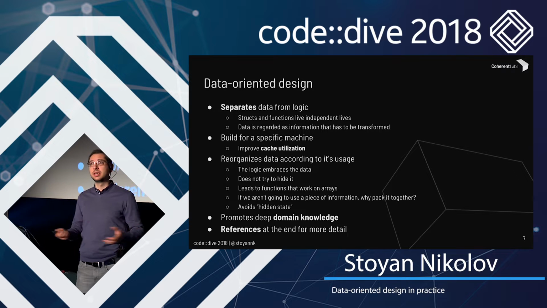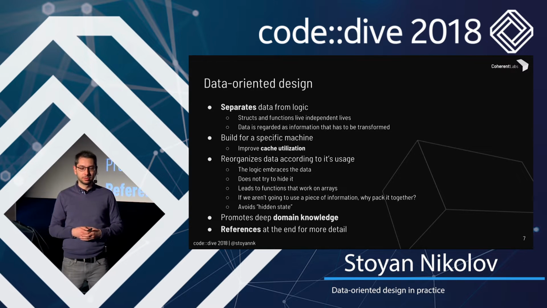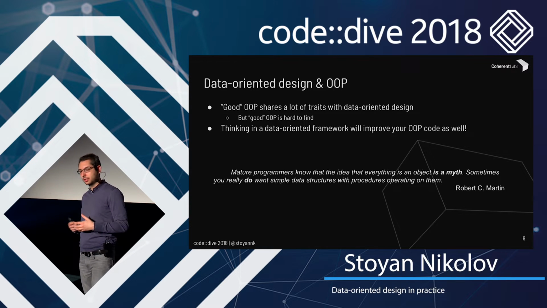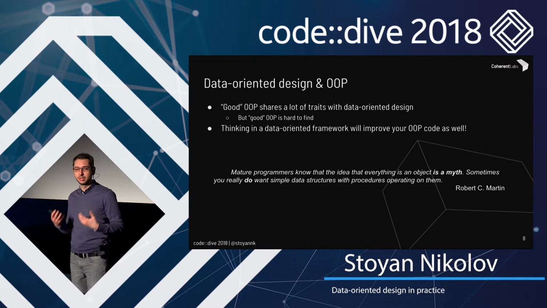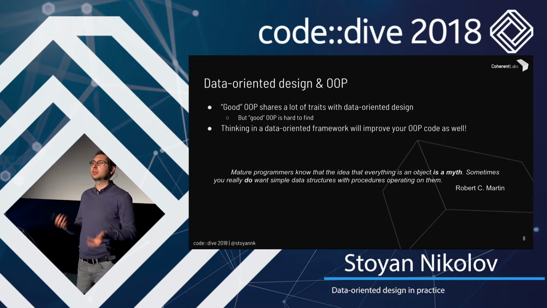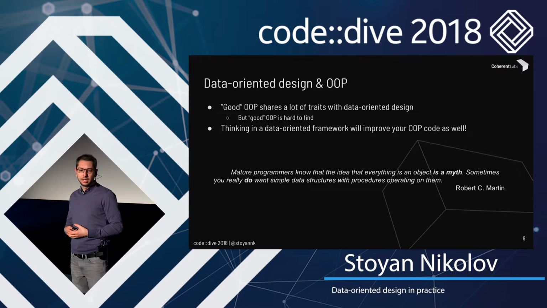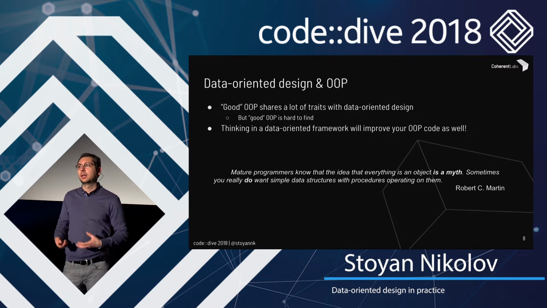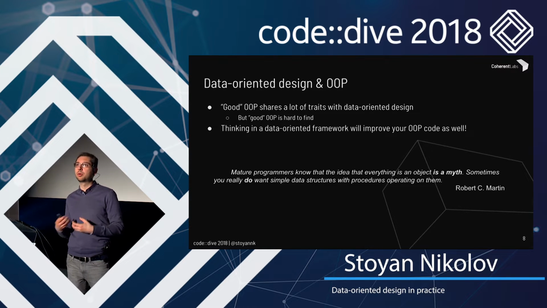I have references at the end. There are awesome talks on this, so you can check it out. If we talk about the differences between those two, I think that good object-oriented programming shares a lot of the traits of data-oriented design, but this good object-oriented programming is hard to find for various reasons, for misconceptions, for the evolution of software. Even if you don't want to embrace data-oriented design full-on, just thinking about your code and your software in this matter will probably make your other